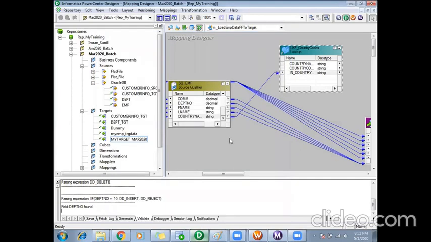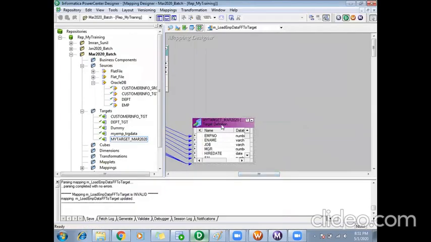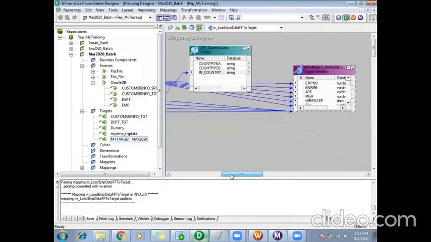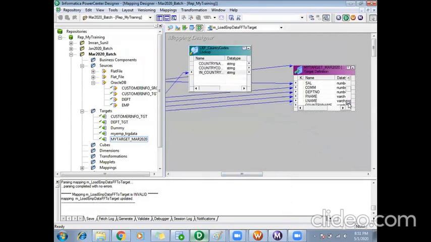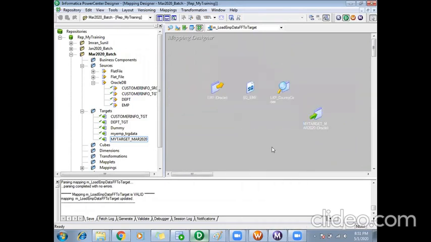If it matches, I will tell it to return the country code and country name from that lookup table. This is my lookup.